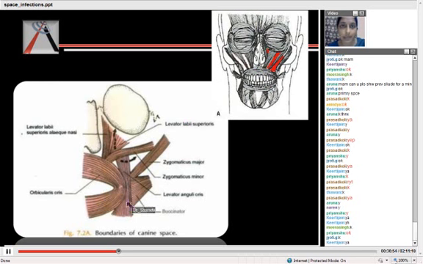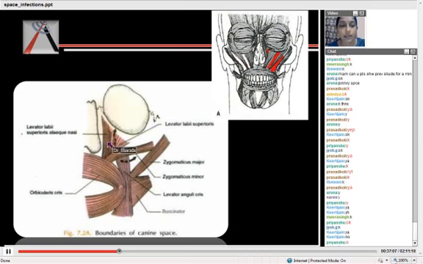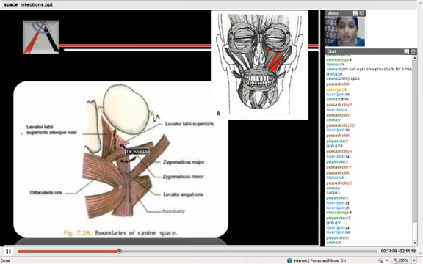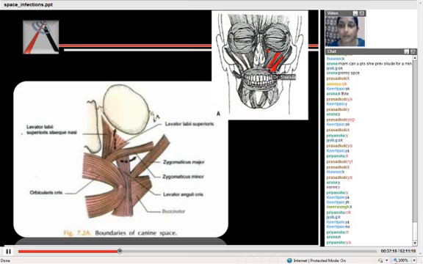Right, now suppose I say your levator labii superioris alaeque nasi is going to form the floor of the canine space. Is it possible? No, right? It's not going to be. The word itself suggests that it is going to be somewhere around the roof. It's going to form the roof. It cannot possibly form the floor. Right? So that way you can rule out certain things. So here you go. Now one more thing about canine space infection is,